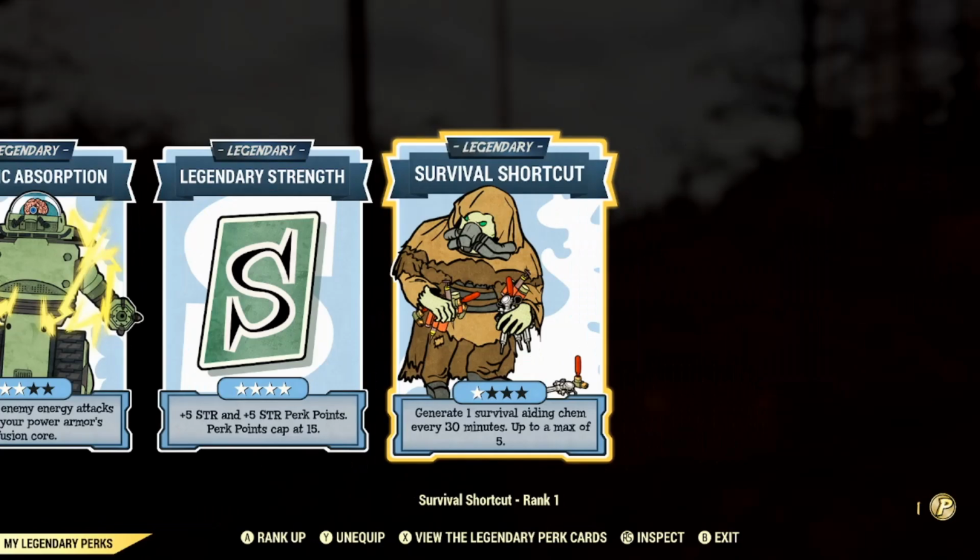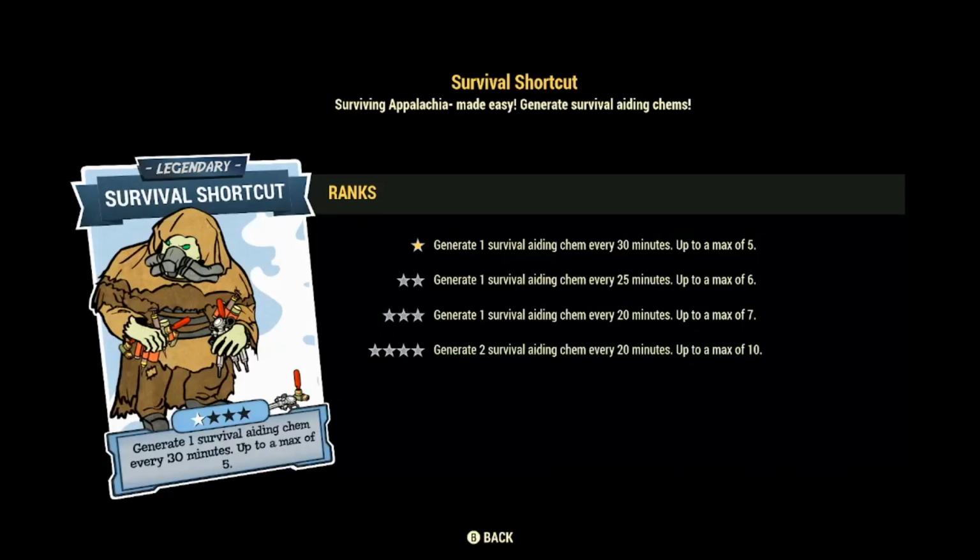And then finally we have Survival Shortcut. Now in this place I did have Funky Duds, but I've decided to remove that since we never really took damage from poison anyway, and we are making use of our Overeater's Power Armor. So a few people suggested to me that I should be making use of survival shortcut. This is one of the rare situations where using this legendary perk, which I would normally consider useless, would actually